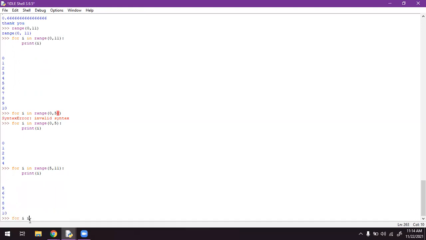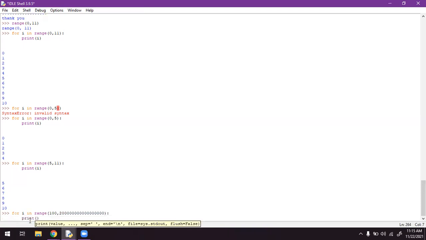For i in range, okay, 100 to 1 200. If you write a large program like this, see what will happen.